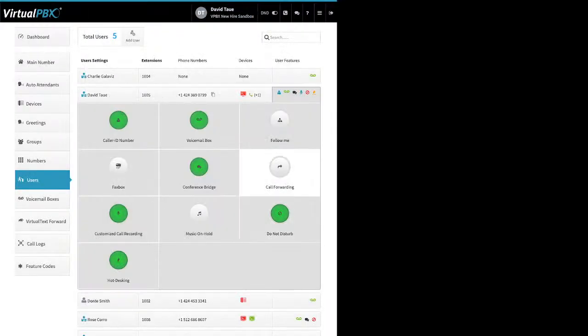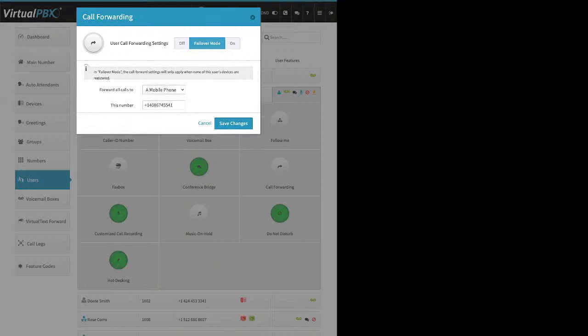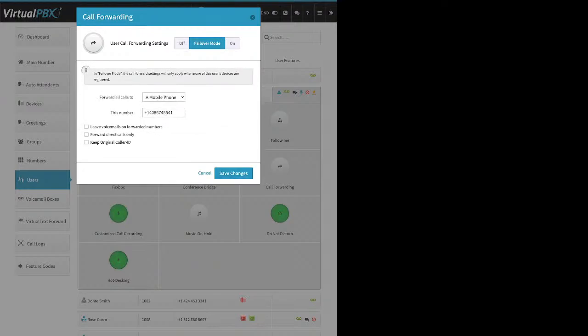Call forwarding, you have off, on, or failover mode. Your staff members can turn call forwarding off or on their own via the user portal, right? Failover mode, this is for your VoIP phone users, and you have to set it up for them. Basically, if their VoIP phone goes offline for any reason,